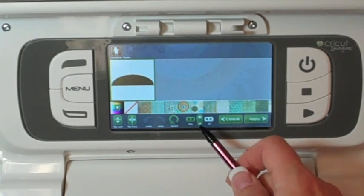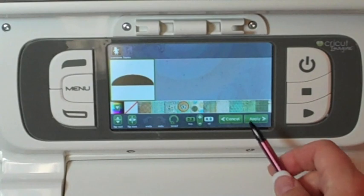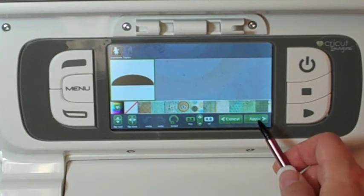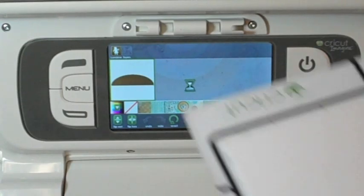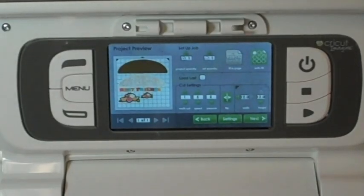But did you guys kind of get an idea of how you can change the size out? If you want to use more than one piece of white cardstock, you can. You can use as many as you need. Apply. And so let's go ahead and load our